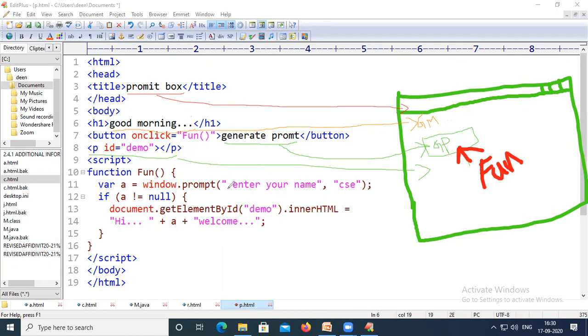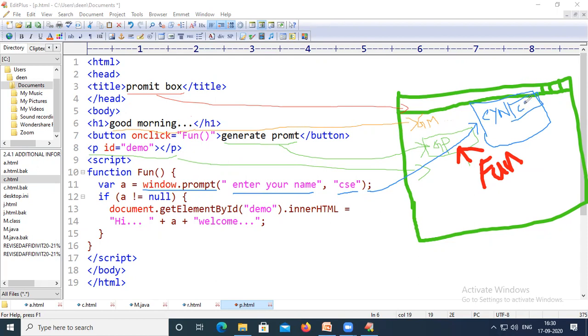And what this function will do is create a prompt window which consists of two things. One is text, and another is also text, but it is displayed in the text field. The other is displayed as a label. So the output of this particular statement is that a prompt window will be created similar to this one, the blue one. Here we will have enter your name, and we will have some text field.